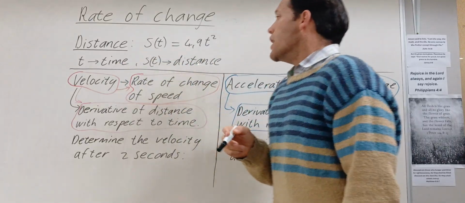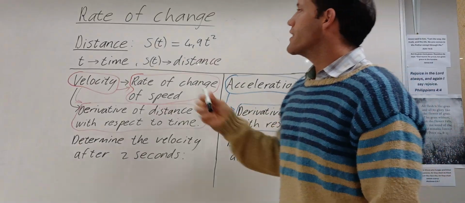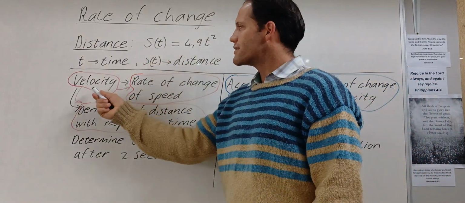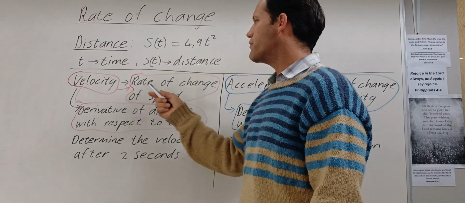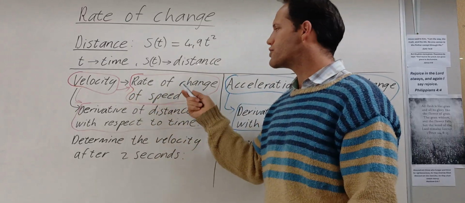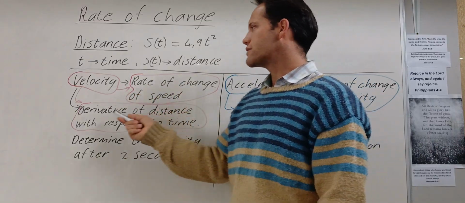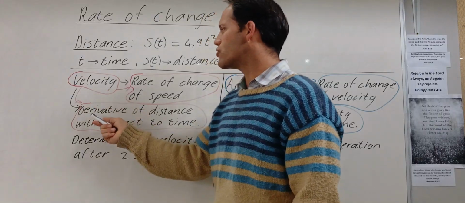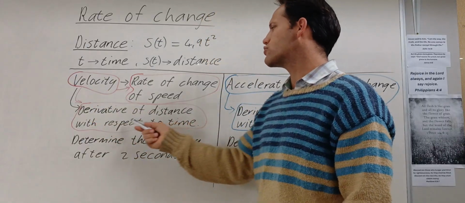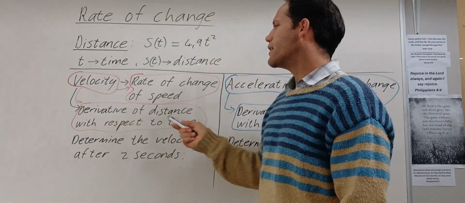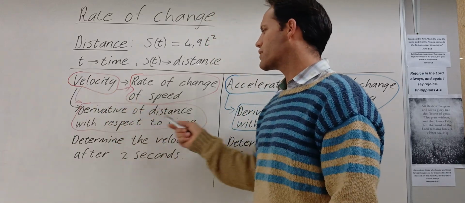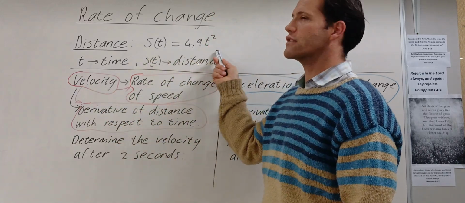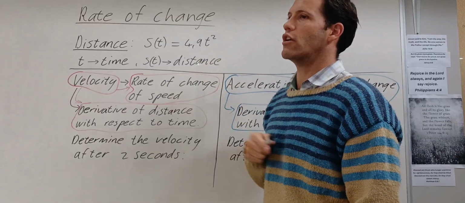Okay. Now let's say the question says that's the distance formula. Now here's the velocity, okay, that we want to calculate. And velocity is the rate of change of distance. So how to find the velocity is you take the derivative of the distance with respect to time. Okay, velocity, the derivative of the distance with respect to time. So you just take the derivative of this whenever they ask you to find the velocity.